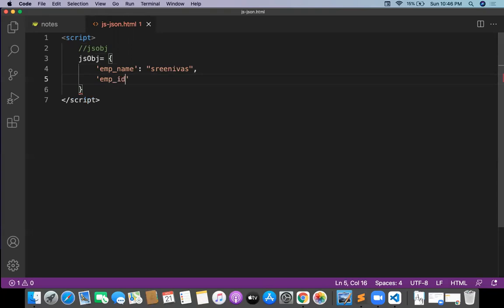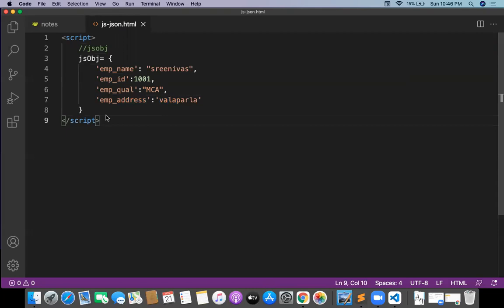Employee ID colon 1001, and comma, employee qualification, I'm giving MCA, and comma, employee address colon something like Valaparla. This is my village name.